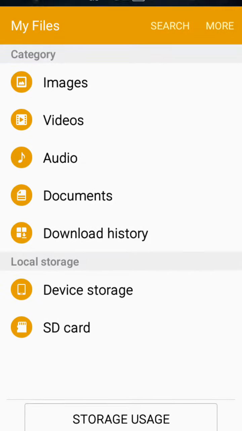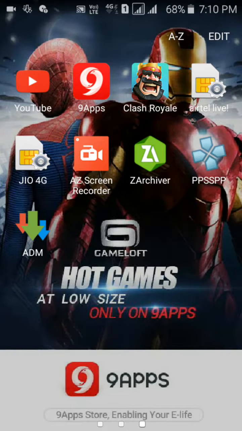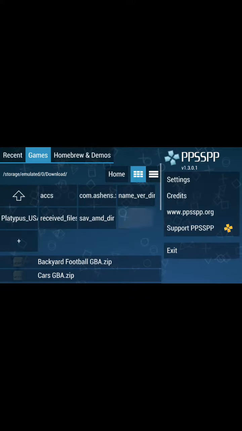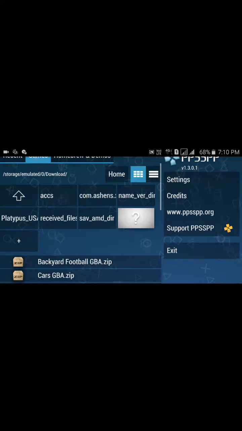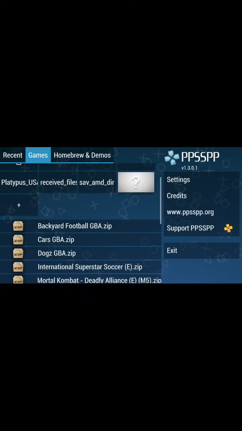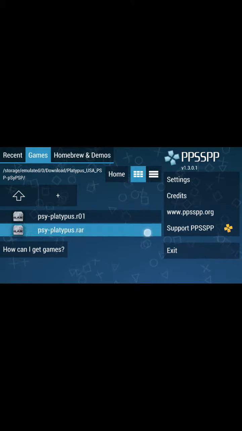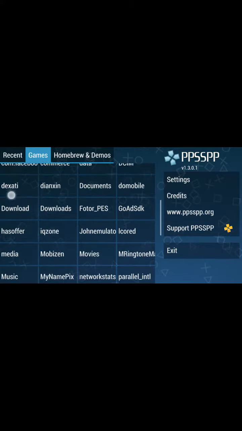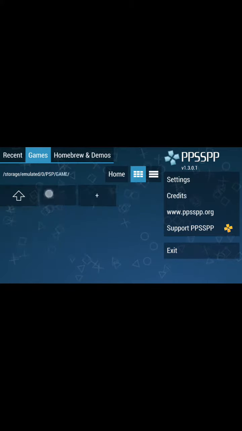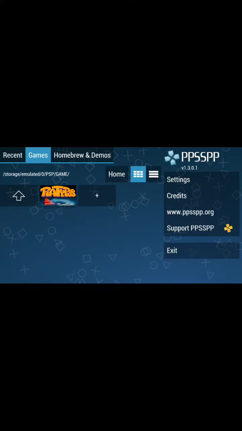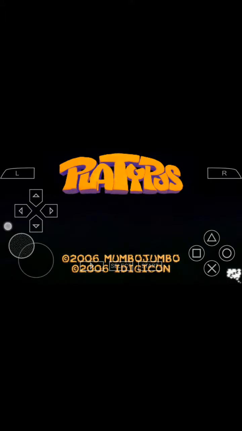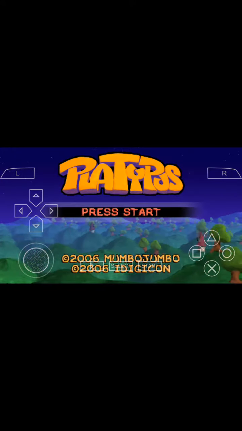Then you just have to go to the PSP app, and go to the PSP game folder and Platypus. Click on start.